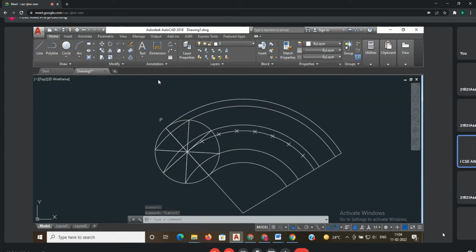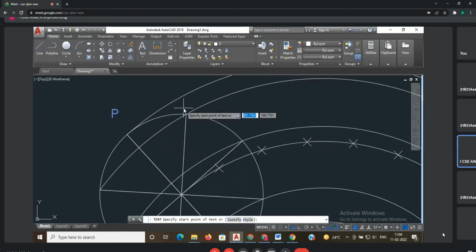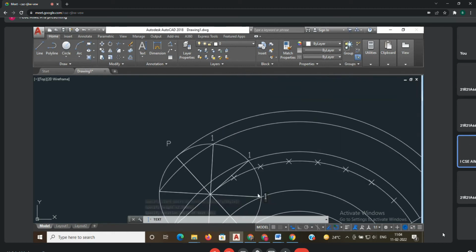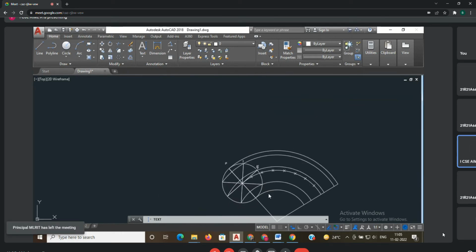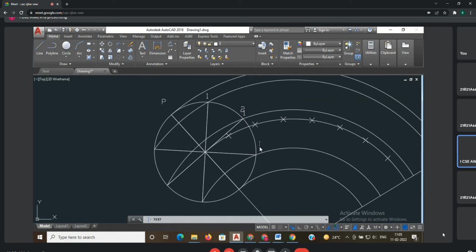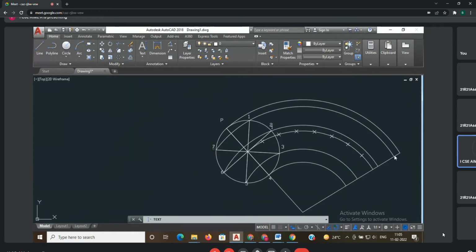Okay. Then where are my points? The point starts from here. This is my first point. This is 1, this is 2. This is 3. Sorry, this is 2. Later we will erase it. This is 3. This is 4, 5, 6, 7. Okay. Now there is PQ. Suppose there is a PQ point. There is the O point.